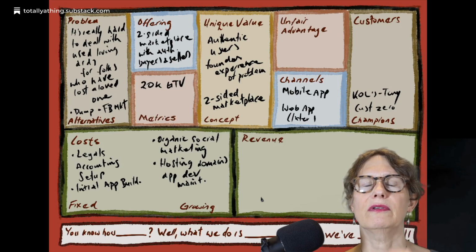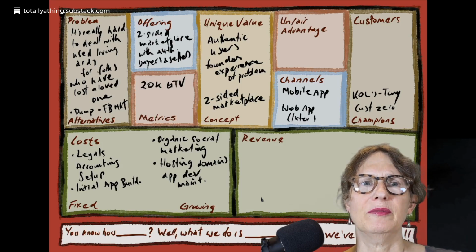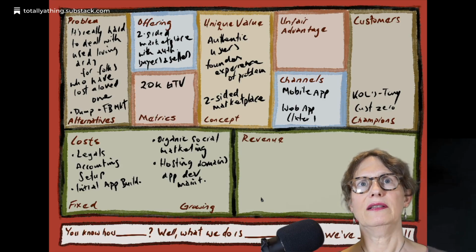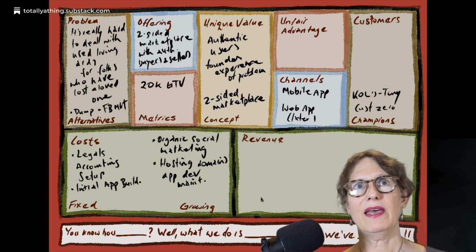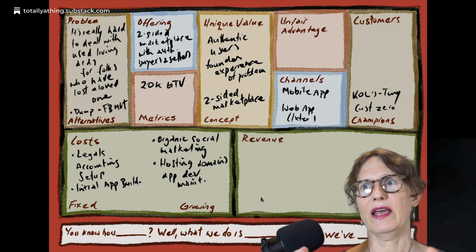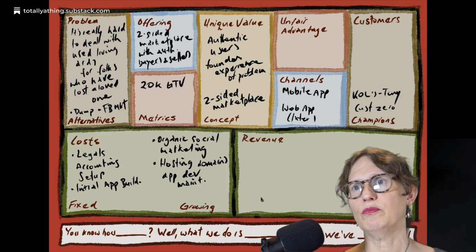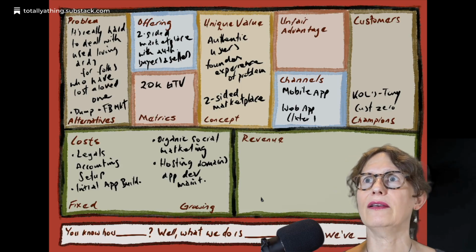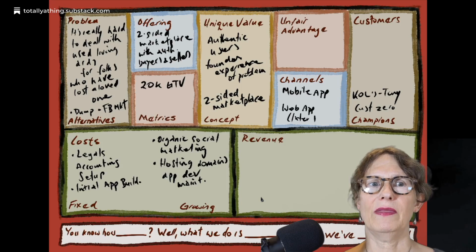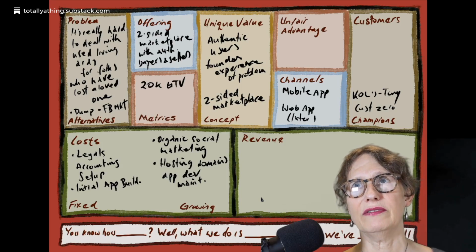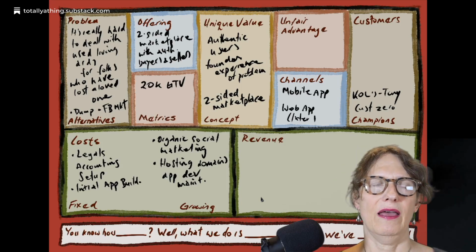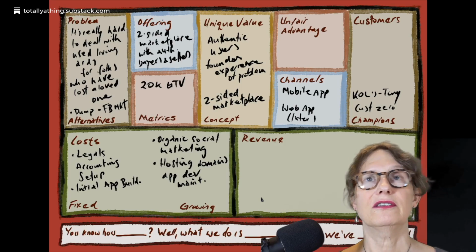Finally, we just want to put some items into that customers block over there. So we should have a pretty good idea if we've already done some sales. It's one thing I like about the Gaddy pitch is it includes that third section, which is so far we have, and then we've got, say, our social proof or our initial sales. And that's why it's really important that you already have something in that customer slot. If everything that you've got is just an idea,